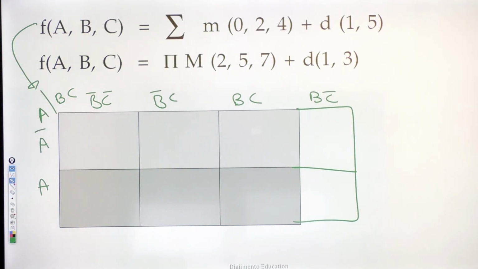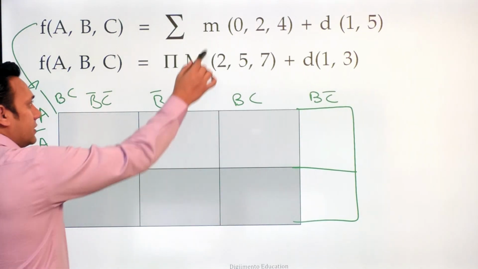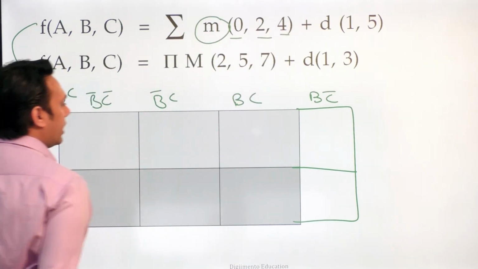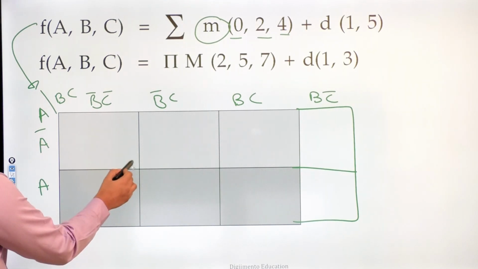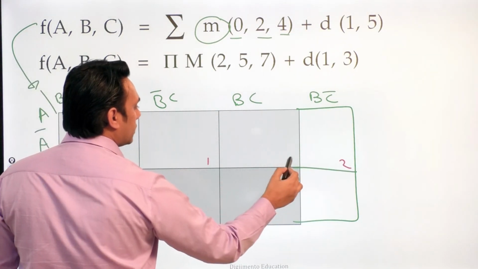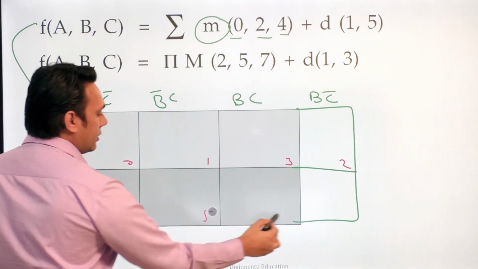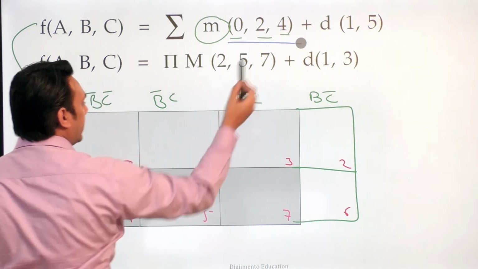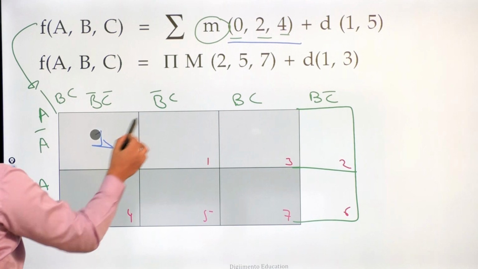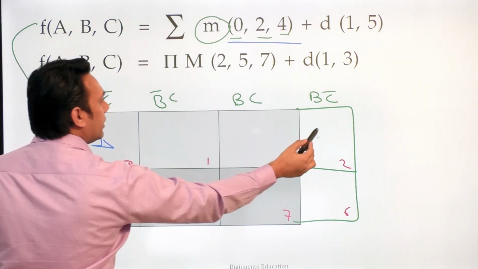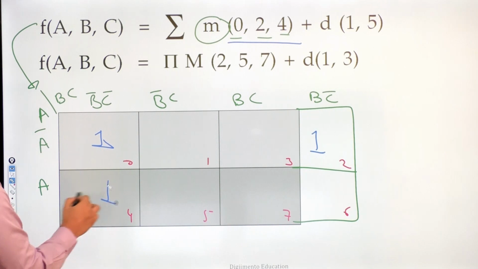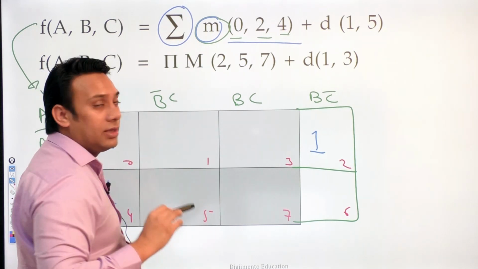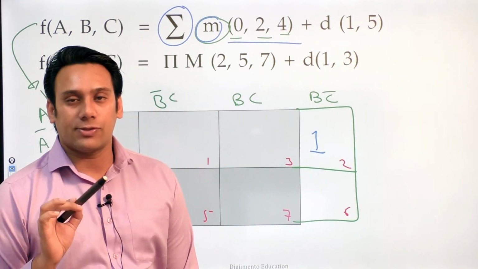ठीक है? Now if you take the first one here, in the first one there are minterms. ठीक है? So minterms are 0, 2 and 4. I can number them. I can say this is 0, 1, 2, 3, 4, 5, 6 and 7. So that means according to this, at the location 0 we have a 1, at the location 2 we have a 1, and the location 4 we have a 1. ठीक है? So you can clearly see when I'm writing small m, or if I'm representing summation, या तो मैं summation को represent करूँ या फिर मैं small m को use करूँ.